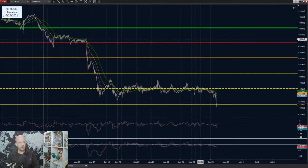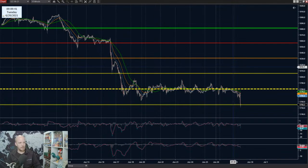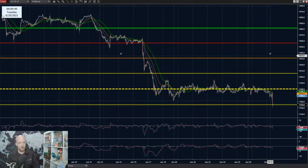Over on gold, we are finally breaking to the downside. That was after we saw several perpetual failures of trying to get back above the POC. We've now broken underneath it, and the market is driving down. Remember, they did shift it to the downside. So while back here off of the highs, if we drag that all the way before the fall, right, before the drop through the floor,